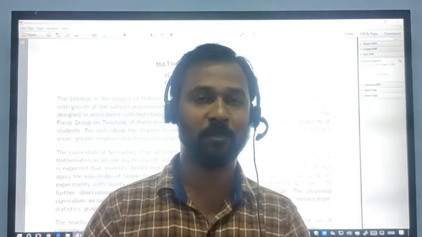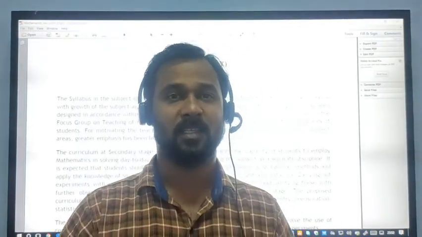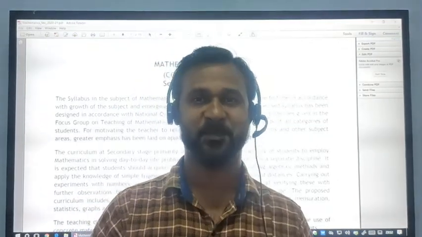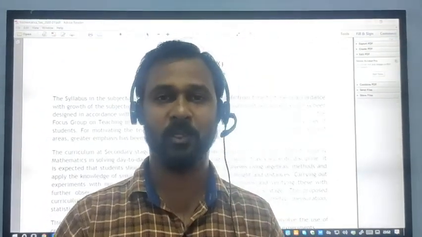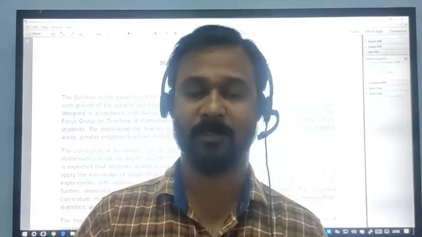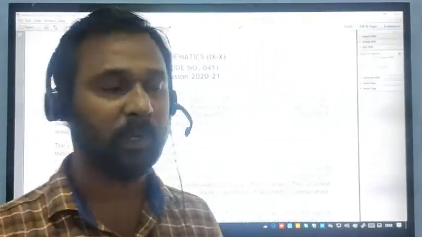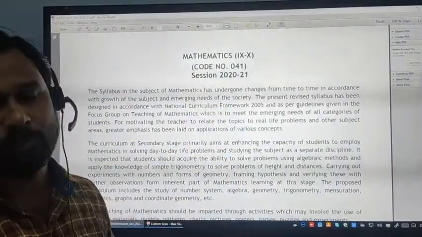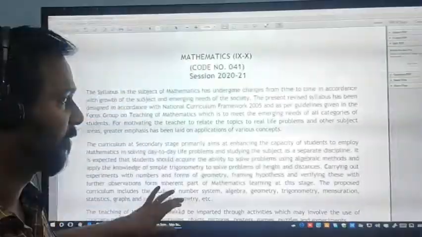As you are in 10th class, you know this is one of the crucial points in our life. Especially in 10th class, one of the main subjects is mathematics. So let us together enjoy the journey of mathematics in 10th class. Before going to the main class, let us see what the curriculum, what the syllabus framed for you in the session 2021 for your class.